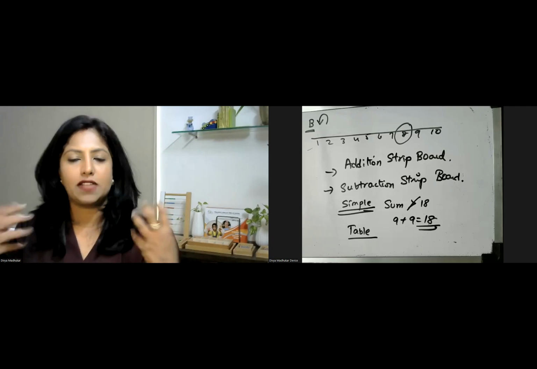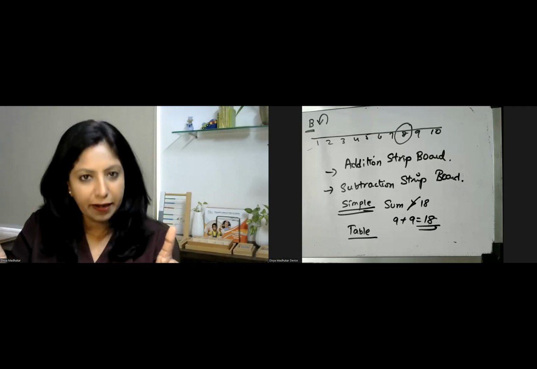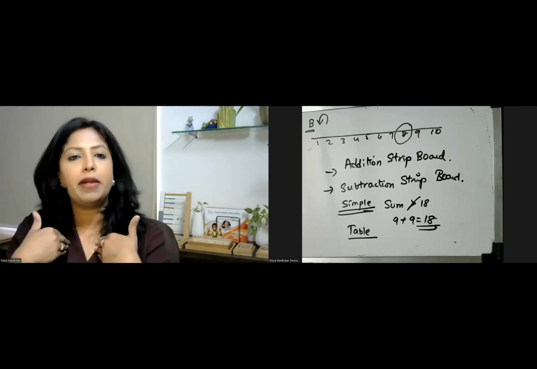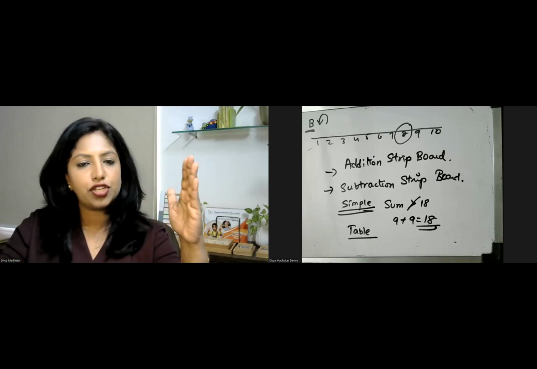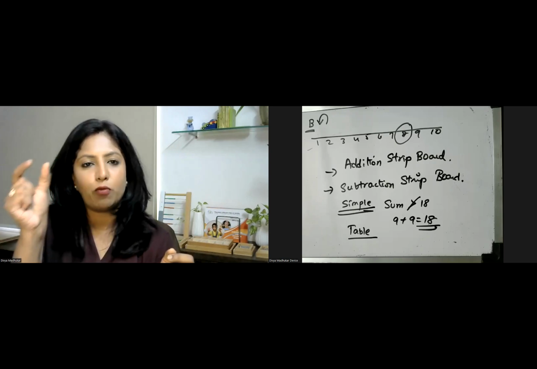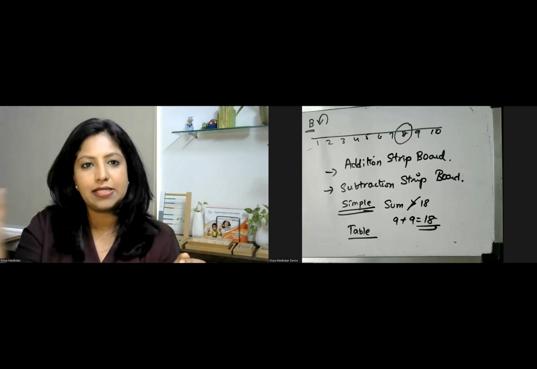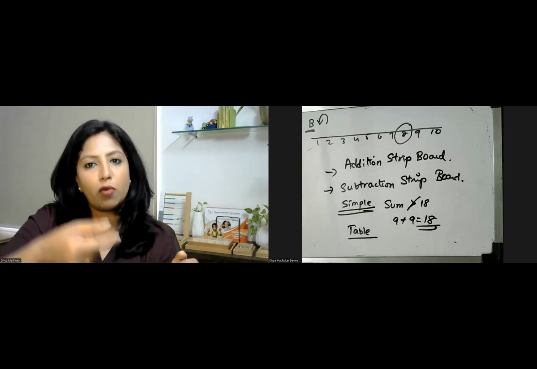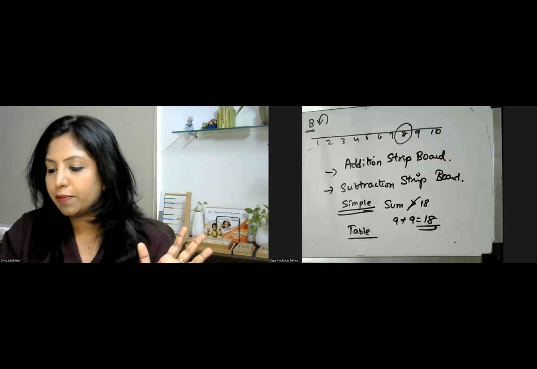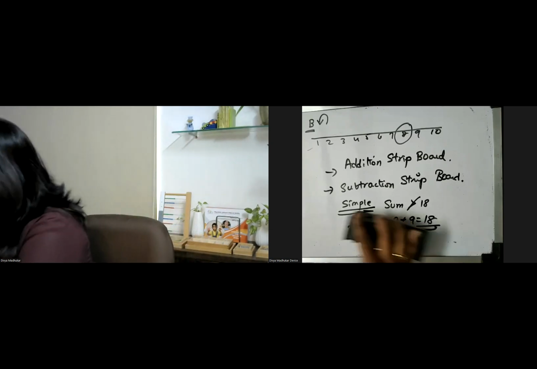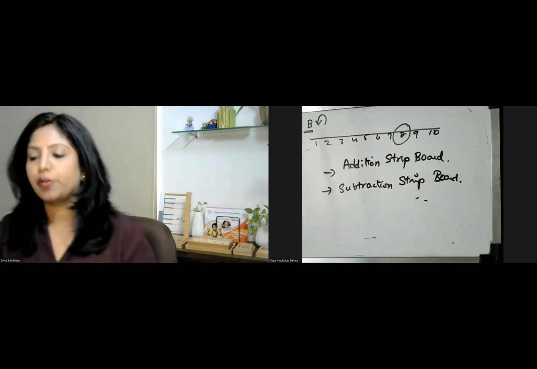Now we know what is our motive to perform a table of 1. Right? When I'm performing a table of 1, what should I do? 1 plus 1. So I take my addition strip board, then I take a strip 1, then 2 from the other side. 1 plus 2 is 3. And again 1, 1 plus 4 is what? So this is how I'm going to be working on my addition strip board. So we saw addition strip board yesterday. So similarly, we're going to see our subtraction strip board today.